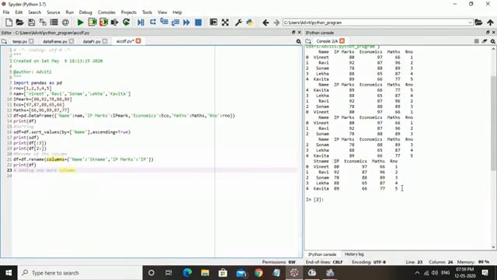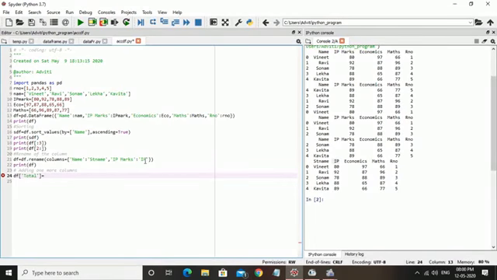Now within this data frame I want to create one more column, that is the total column. So what we have to do, we have to use the object name. What is the object name of the data frame? It is df. Then I want to create one column and give the name, let's say total, for indicating the total marks of the subjects. Equals to, and we want to add this column with the sum of the marks.